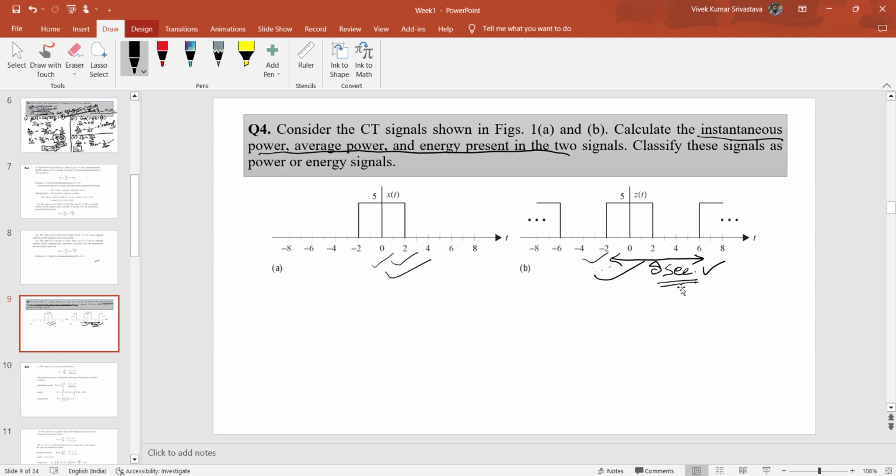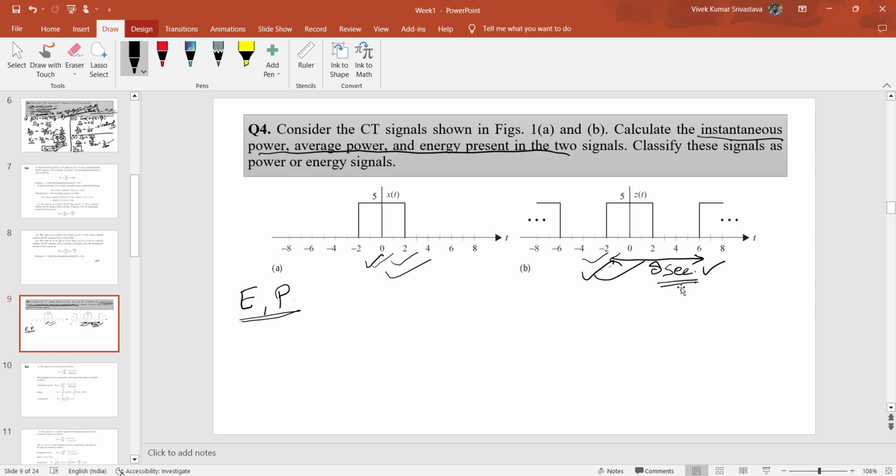So by first looking at these two signals we can determine whether a signal is an energy signal or a power signal. But if by just looking at a signal you are unable to determine whether it's a power signal or energy signal, you will go for the conventional method, where you determine the energy and power of the signal separately, so as to say whether it is a power signal or an energy signal. That method we will use here. Let us first determine energy and power for this signal, and then we will go for the other signal.